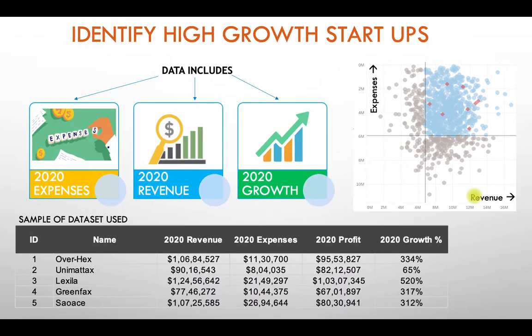Okay, so the data set which I'll be using in this video will be of a startup. So we have here a list of startups, their 2020 revenue, 2020 expenses, 2020 profit, and 2020 growth percentage. And we will make a graph over here which basically tells you the expenses and revenue, and we'll make a quadrant which will be high revenue and low expenses quadrant, if you see here top right. And we will also color the startups which have high growth percentage and fall into a quadrant in red color, as you see here. So let's go to Tableau.